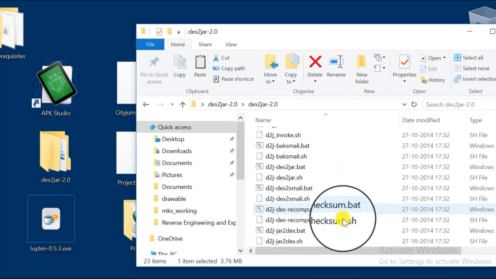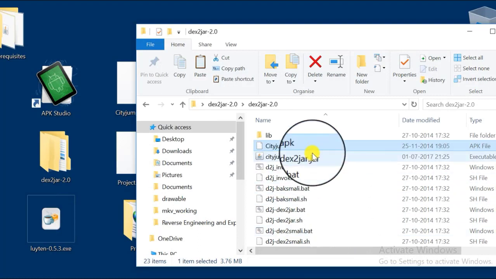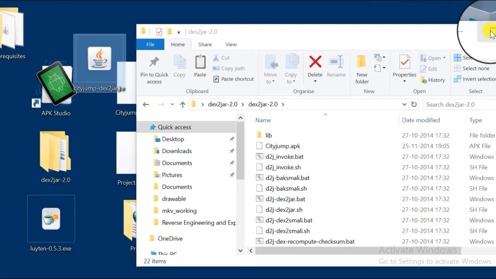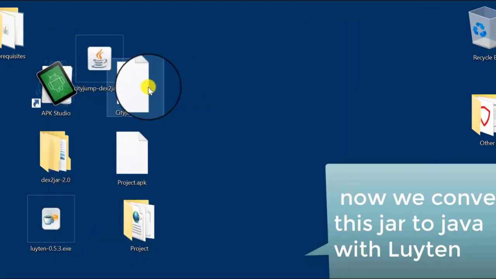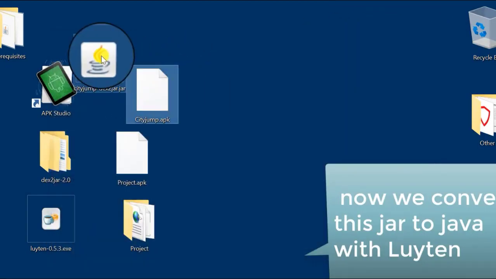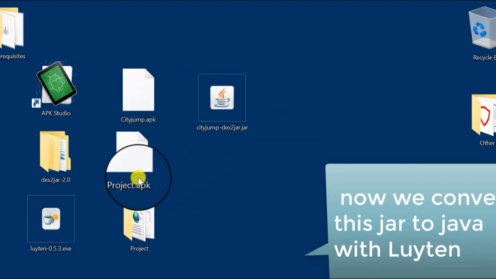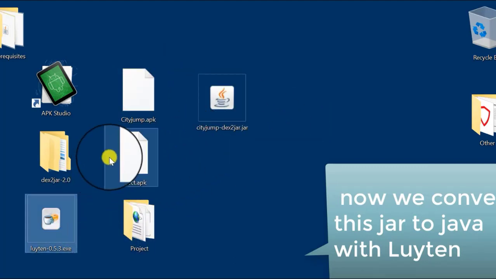Now if you get a message similar to this, it means that you successfully converted the dex file into jar. This you will find in the parent directory of dex2jar. So this is our converted jar file.